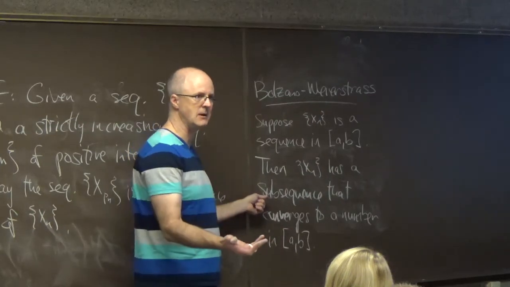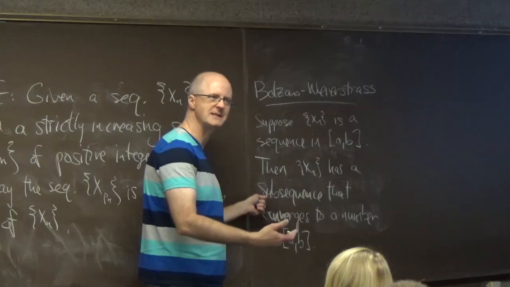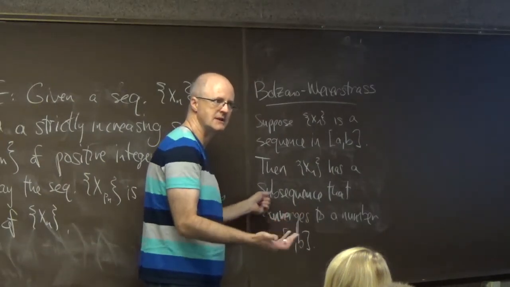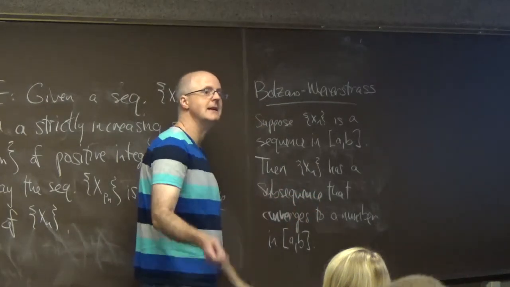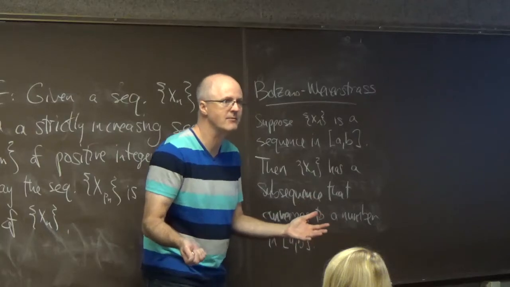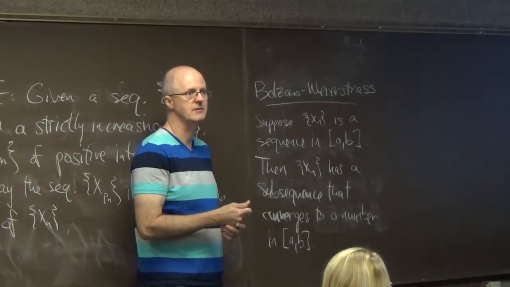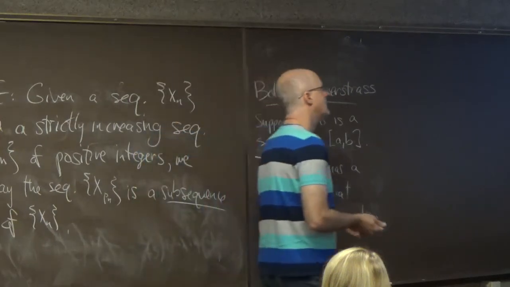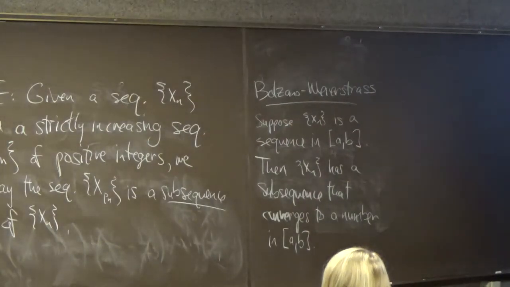Maybe you generate a sequence in some way in the proof of a theorem, but you're not sure, it's not necessarily monotone, so it doesn't necessarily converge even if it's bounded. But if you know it's got a convergent subsequence, that means there is some sequence that converges in this interval. And that ends up being important, mostly for proofs of other theorems.